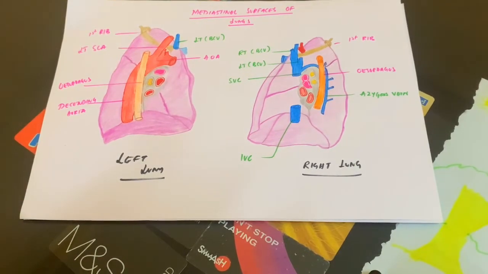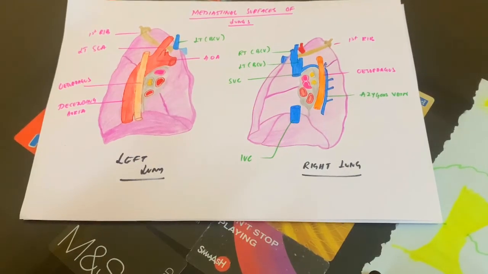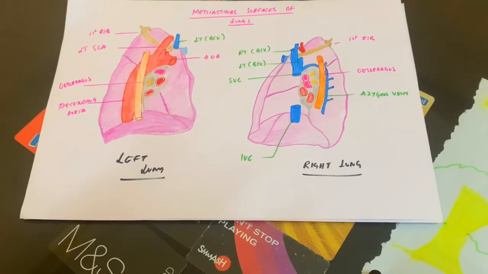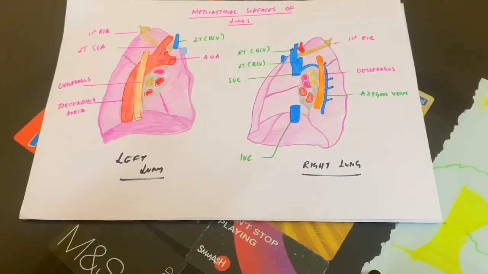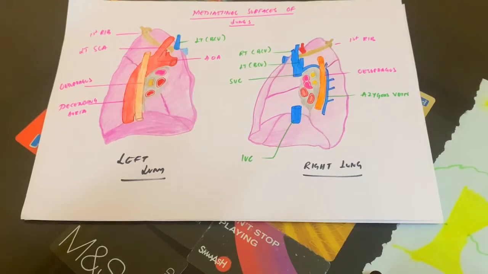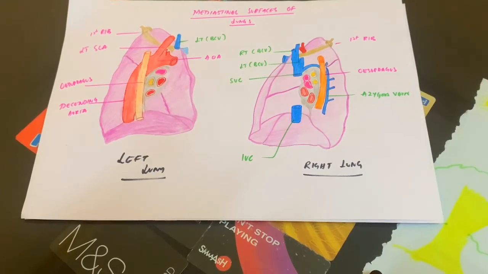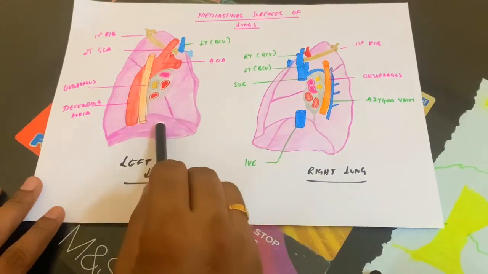The veins are like the left superior intercostal vein. Then we will have the left brachiocephalic vein. All these are the veins which you see in relation to the medial surface of the left lung. Clear? Next, when you see here the main difference of the right and left lung, if you see the left